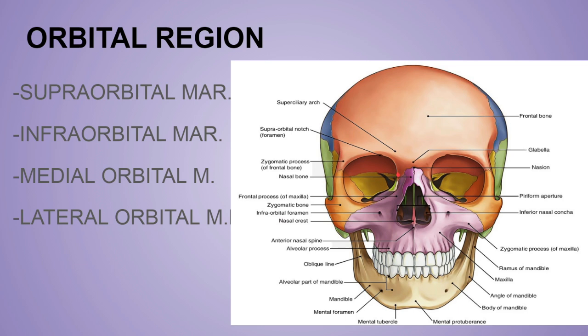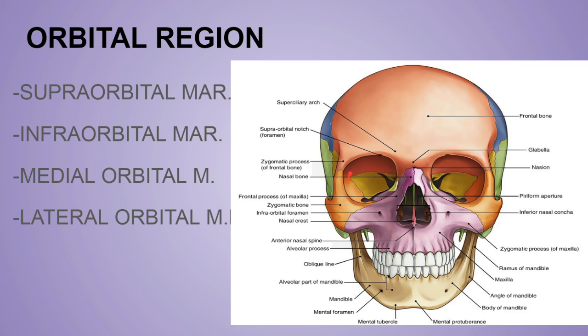Now the medial orbital margin. This is not that well defined. It is actually ill defined, and it is mainly formed by the frontal bone above, as you can see, easily visible. At the lower part it is formed by the lacrimal crest of the frontal process of the maxilla. If you know, the maxilla has mainly 4 processes: the frontal process, alveolar process, zygomatic process, and the 4th one is the palatine process, which forms the bony part of the roof of your mouth. So this part is formed by the frontal process, that is the lacrimal crest of the frontal process of the maxilla or the maxillary bone.